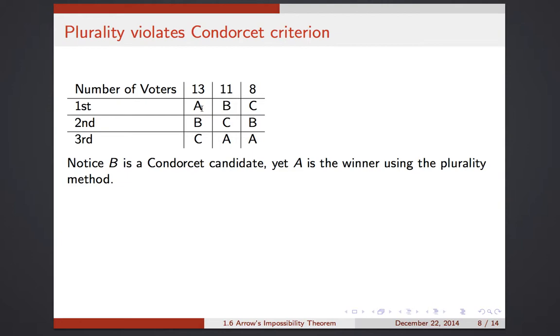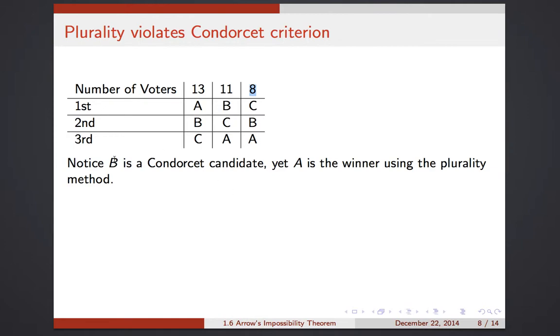If you compare B to A head-to-head, what happens? Well, these 13 people like A better than B, but these 11 people and these 8 people, so 19 total people, like B better than A. So B wins a head-to-head matchup with A. If you look at a head-to-head matchup of B and C, these 13 people and these 11 people, so that's 24 people total, they like B better than C, and only 8 people like C better than B. So B also wins a head-to-head matchup